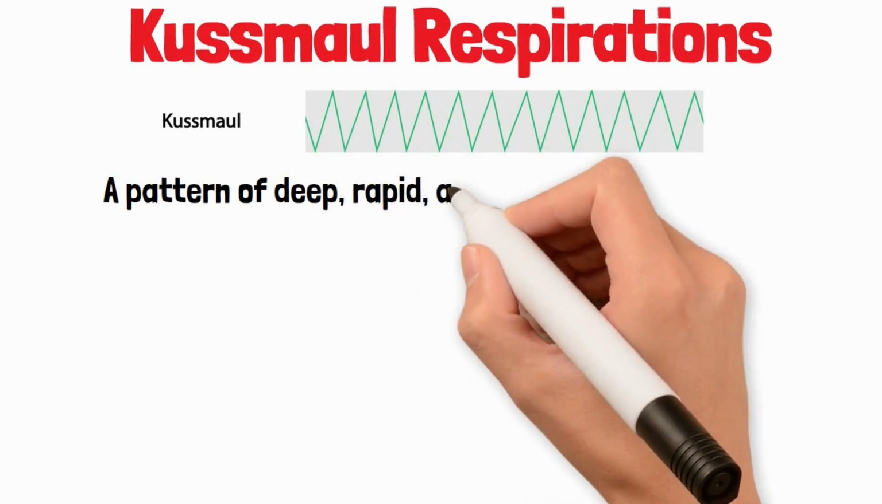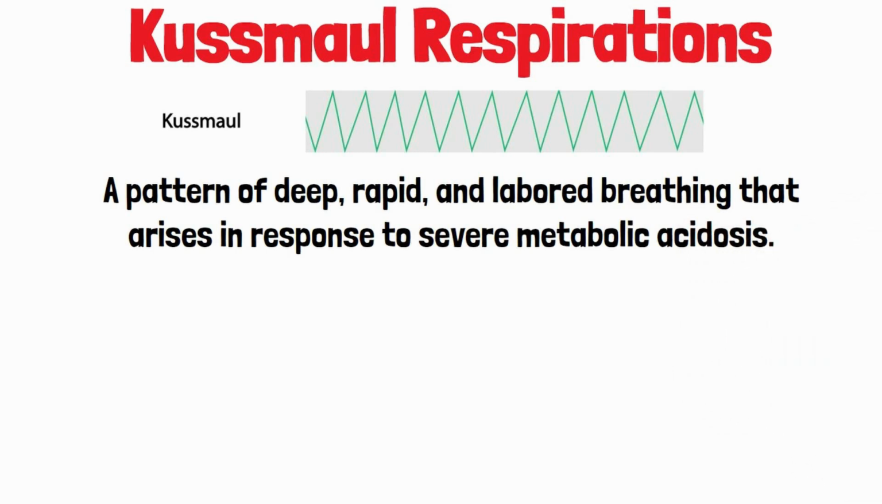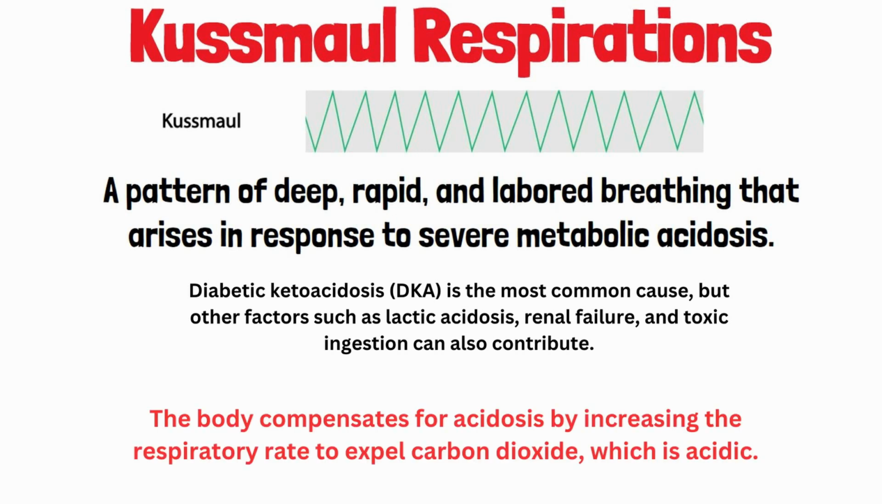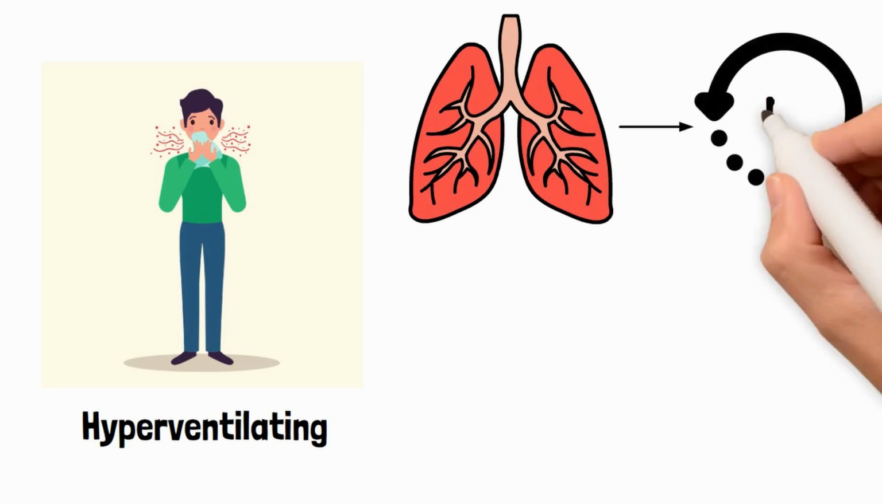Kussmaul respirations refer to a pattern of deep, rapid, and labored breathing that arises in response to severe metabolic acidosis. This type of breathing is most commonly associated with DKA, or diabetic ketoacidosis, but can also occur in other conditions such as lactic acidosis, renal failure, and toxic ingestions. The body compensates for acidosis by increasing ventilation in an attempt to expel excess carbon dioxide, which acts as an acid in the blood. By hyperventilating or breathing really quickly, the respiratory system helps restore the pH balance and prevent